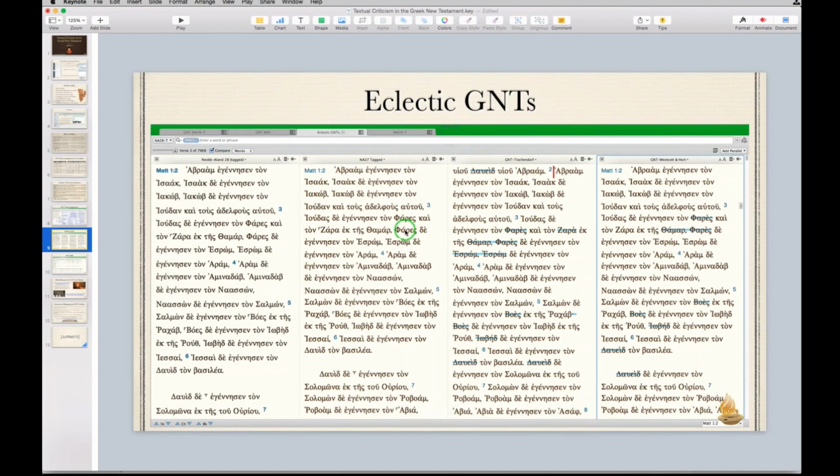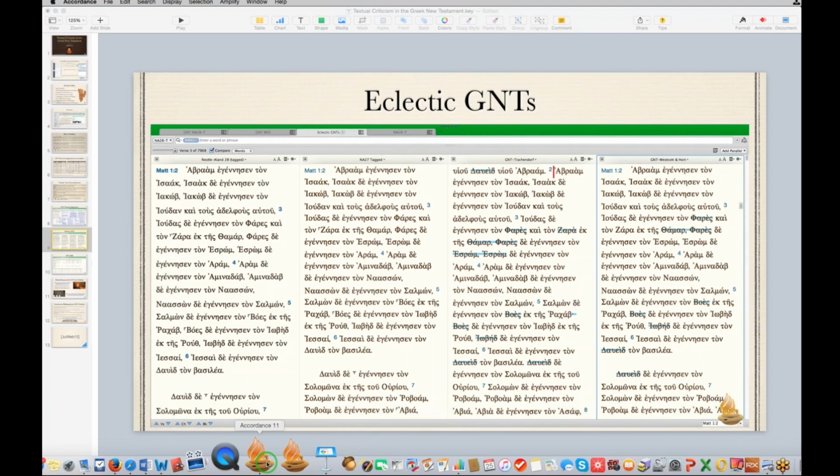Oh yes, look at this. Ferris has the accent mark over the alpha, or over here in Tischendorf and also in Westcott and Hort, it has it over the epsilon. So Accordance can pick up these text differences. If you're interested in text differences,